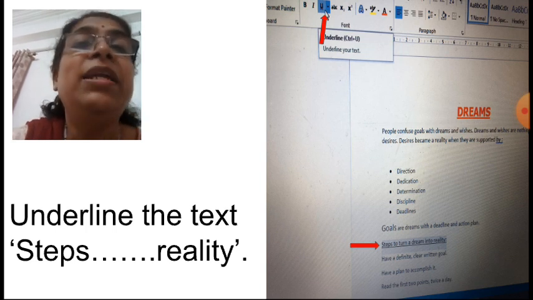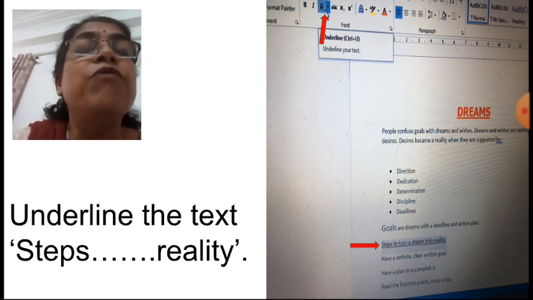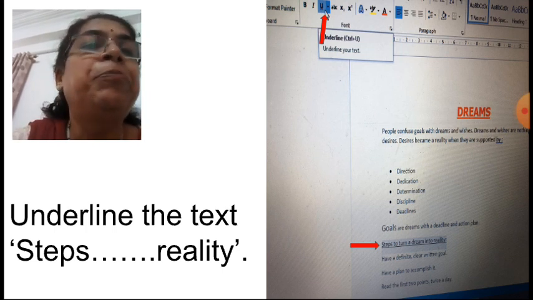So many activities are there, so many points are there. Now we want to underline the text, starting with steps, finishing with reality. First you have to select the text which you want to underline, correct, and select the underline option.